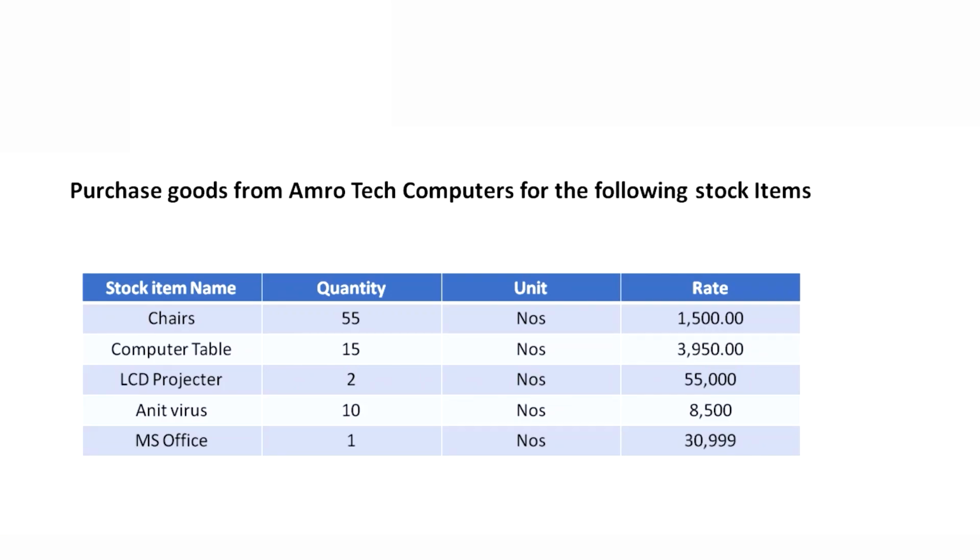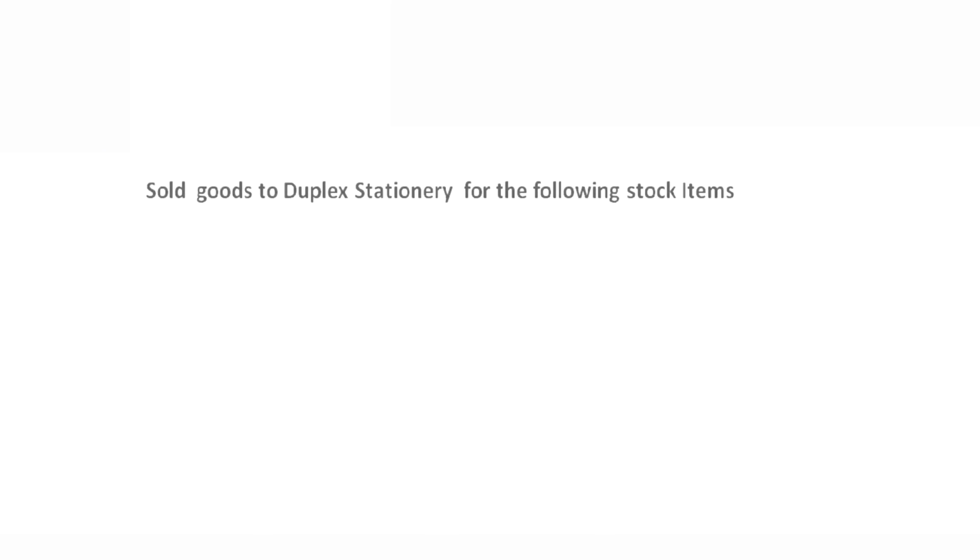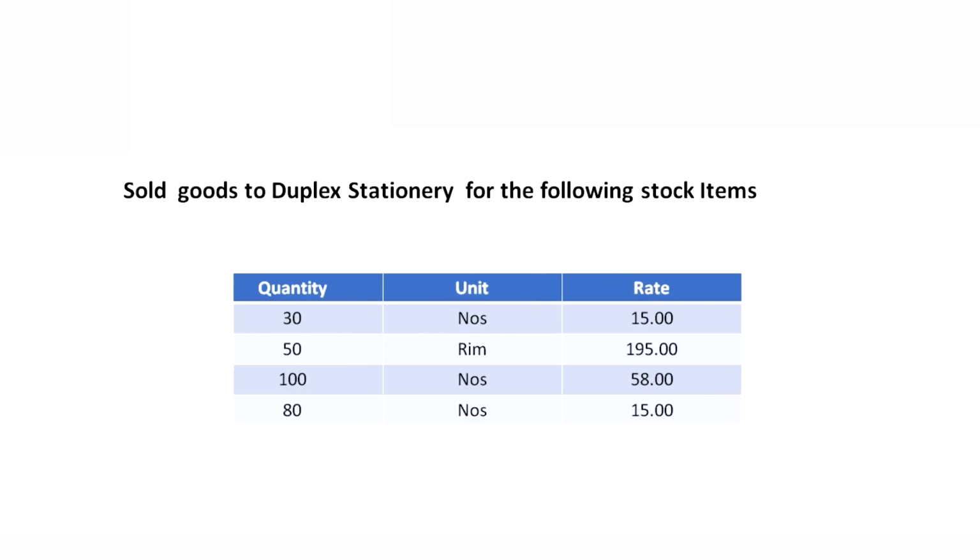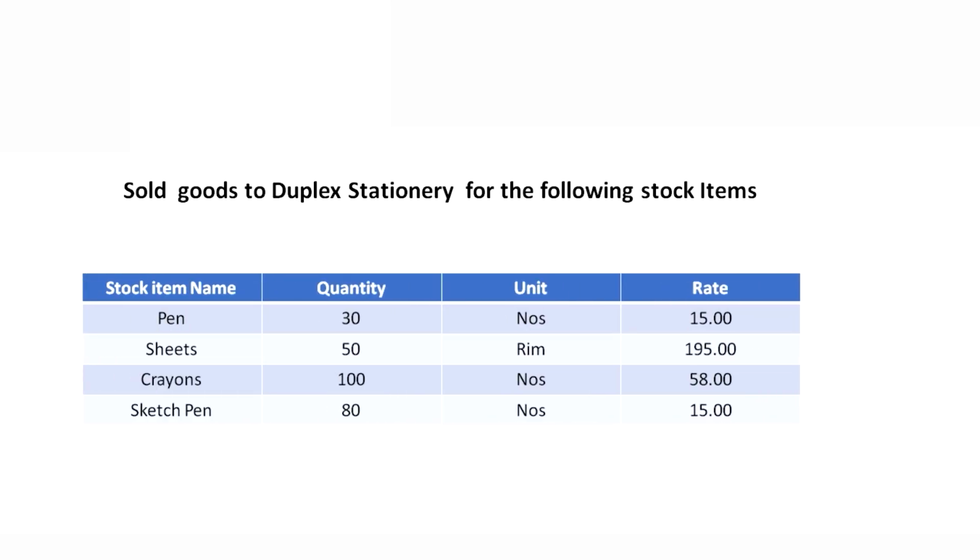So next we'll go with a sales transaction now. Sold goods to Duplex Stationery for the following stock items. So we have sold pens, sheets, Canon and sketch pens. So all the stock items have been created and we have made a purchase. Now the same is going to be sold to Duplex Stationery. So we create Duplex Stationery here and we'll make a